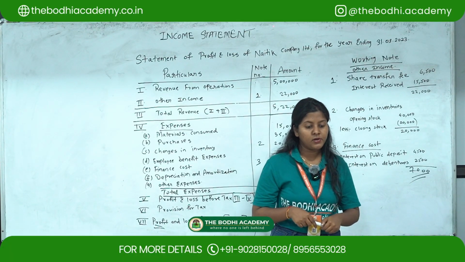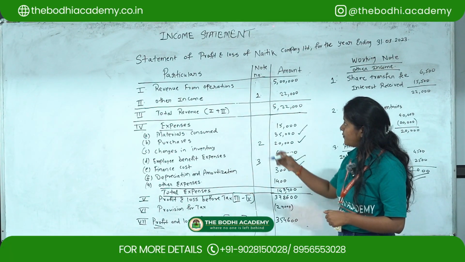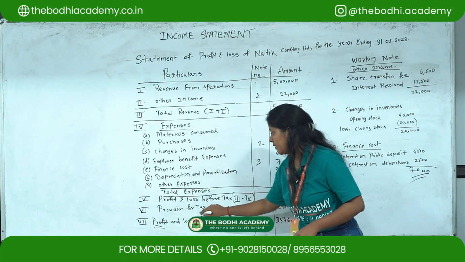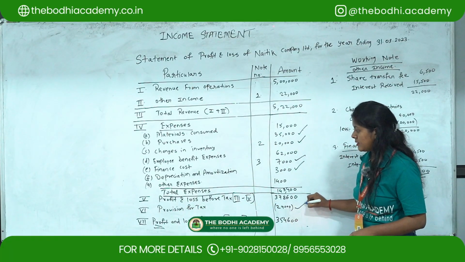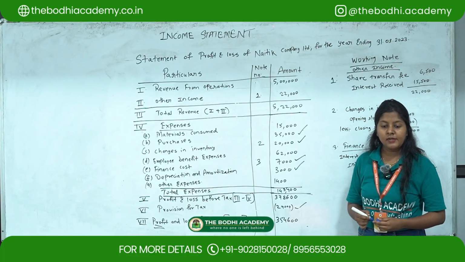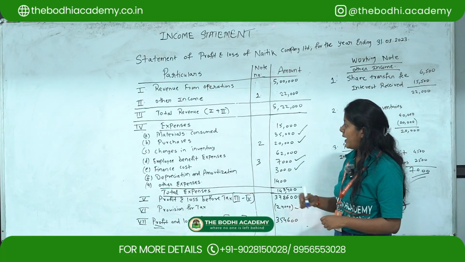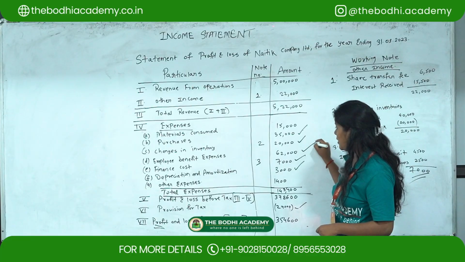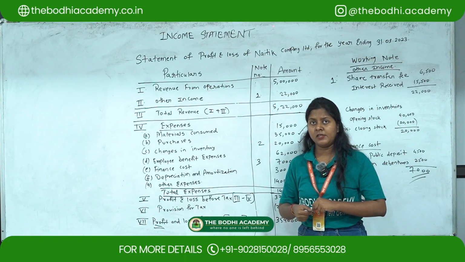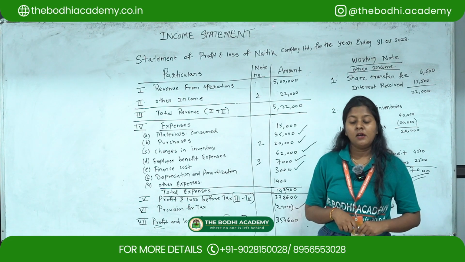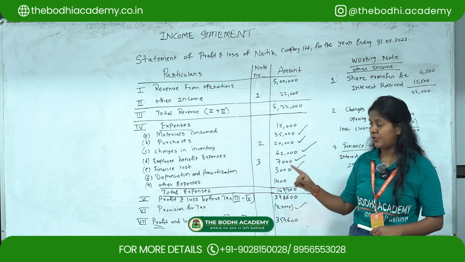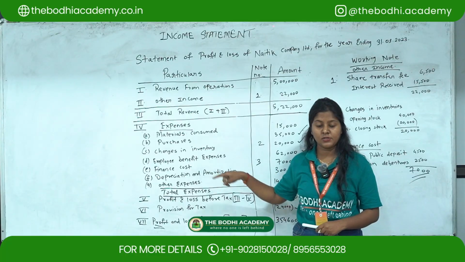After that they have given provision for tax. Provision for tax, according to this here, it will directly go under 6th part. Okay, but here you have to minus it because tax we minus, so that's why I have put under the bracket. Then wages and salaries we give for the employees, so directly 62,000 will go over here. Then debentures they have given, but they have not mentioned anything. So debentures won't come, but if they have given interest on debentures, then it will have come under finance cost.